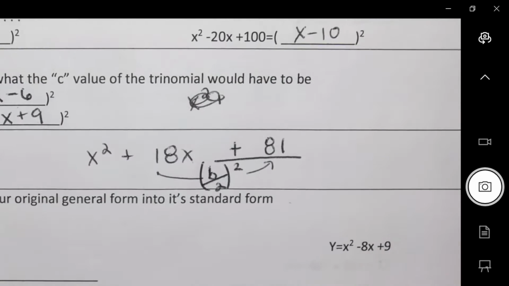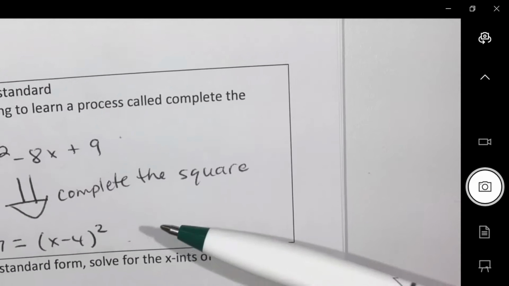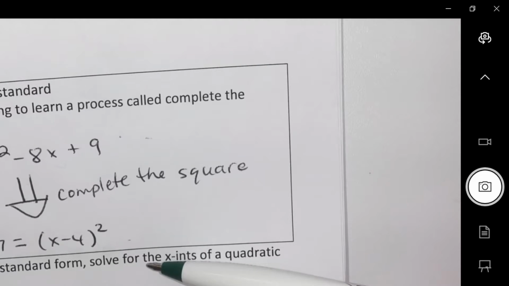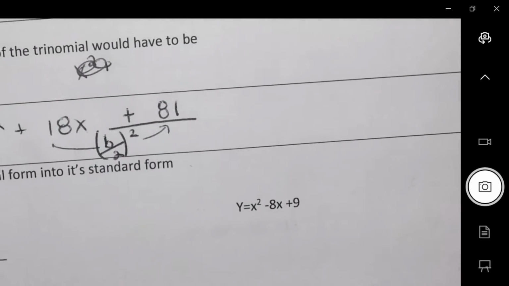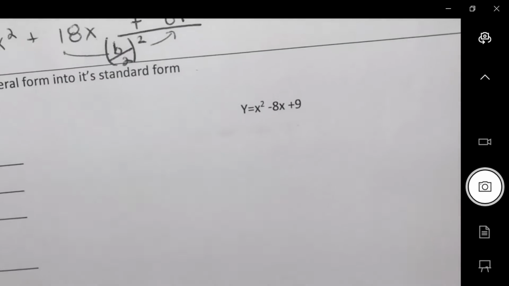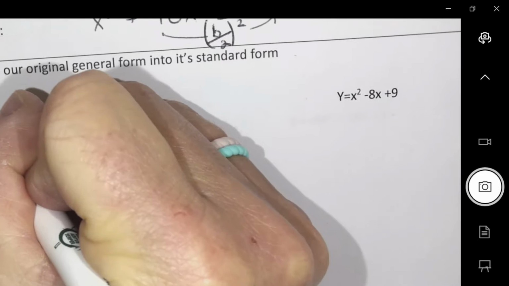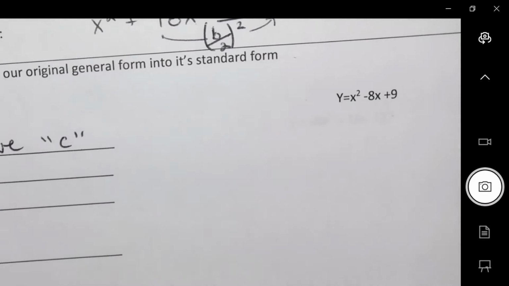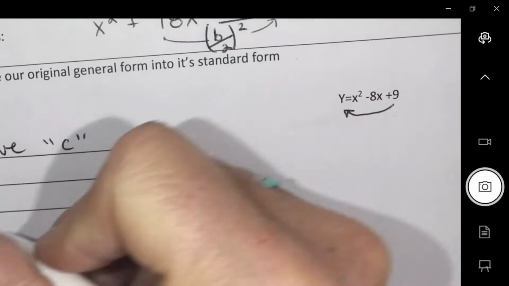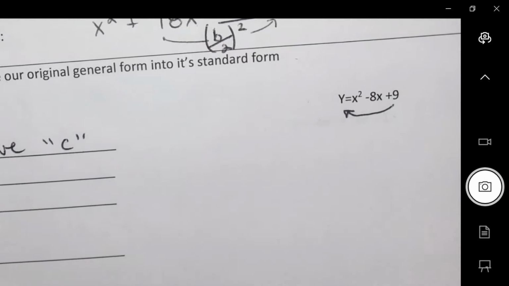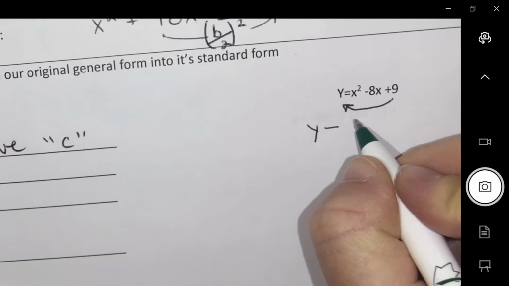Now we're ready. So our goal was to take this and turn it back to this. That's our goal. Okay, so here is the process. There's an example. Step 1 is move the C. Move the C. So that would be if I have to move the number over. So y minus 9